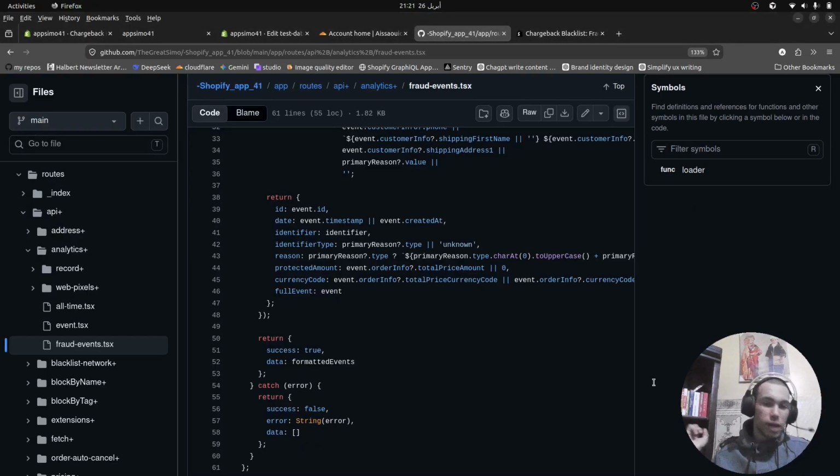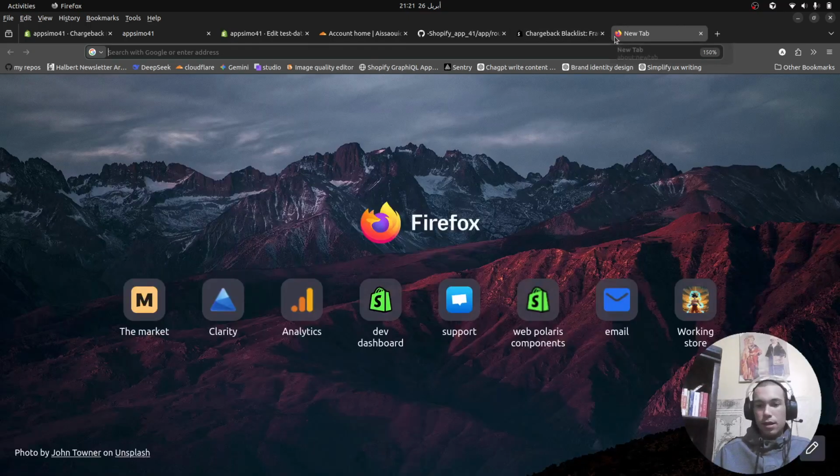Hello, so let's solve the bots coming from China and messing up your analytics. So we will have two layers of defense. We will use first Cloudflare and then another solution. So we will go now on Cloudflare,